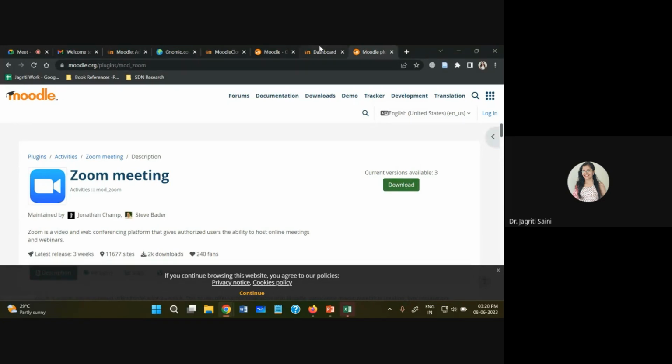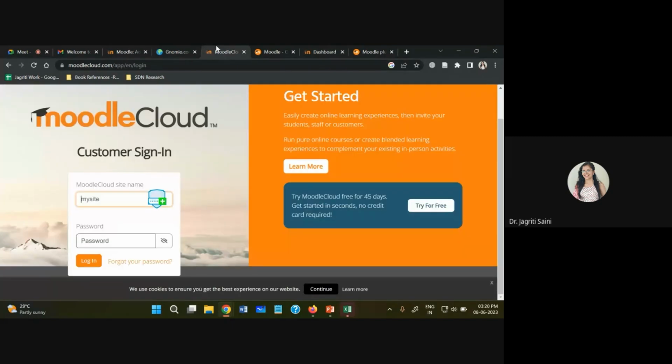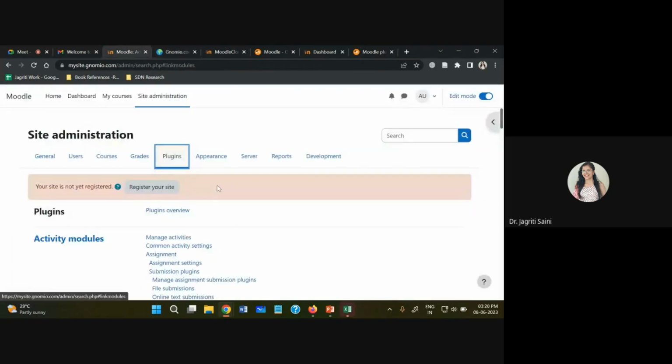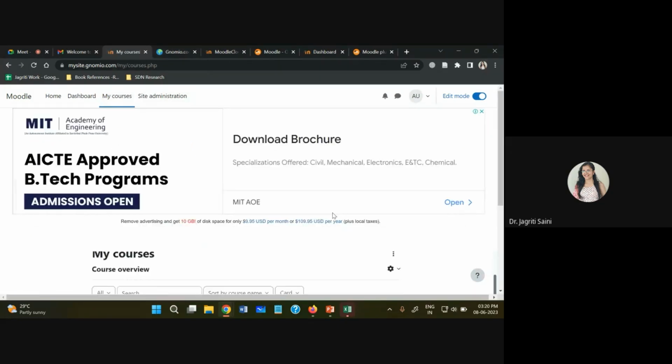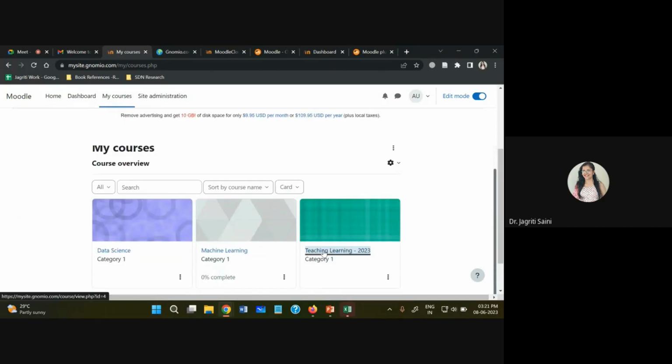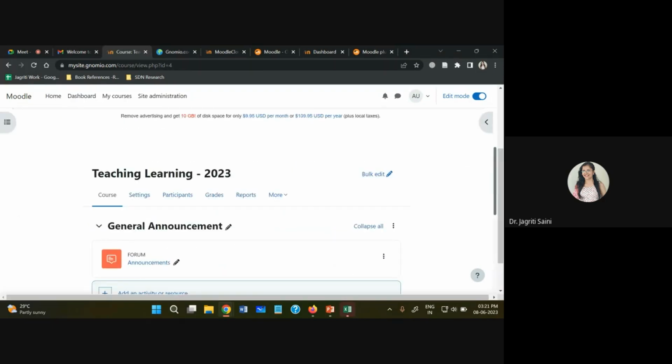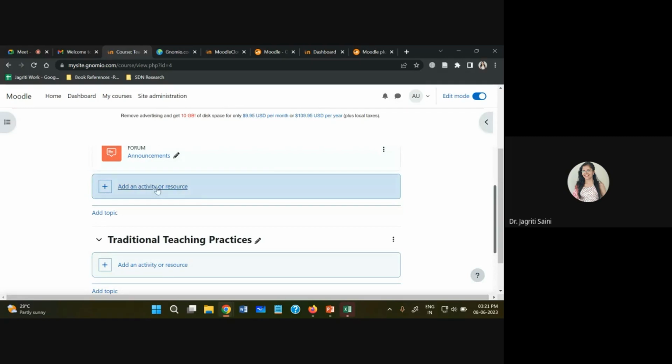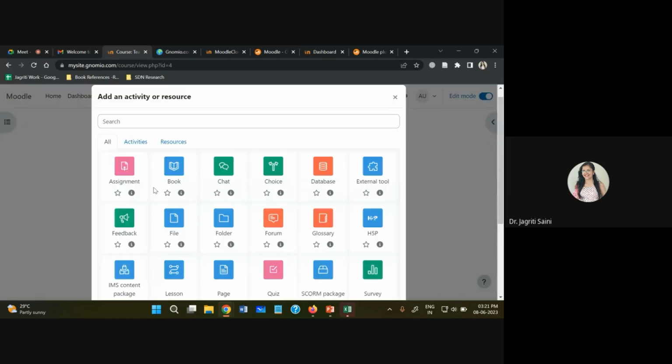So once this plugin information is ready, one important thing: even on your Genomio site, some plugins are already there, but yes, they will not allow you to add any new plugin. Some basic plugins are already there. So on the Genomio website, we can start using some basic plugins first of all. So go to the My Courses section, going to your Teaching Learning section, and within this, we are going to add an activity or resource. Click on this, and now this is the entire list of plugins that is already available